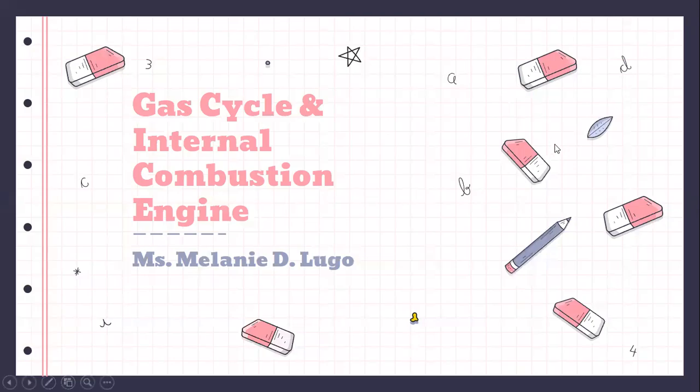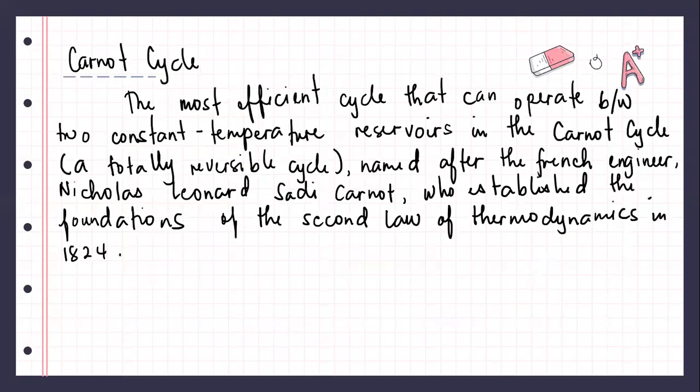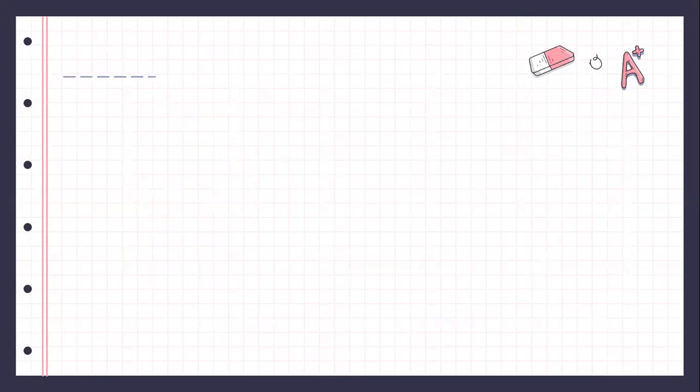Now for the gas cycle internal combustion engine, for the Carnot cycle, the most efficient cycle that can operate between two constant temperature reservoirs. In the Carnot cycle, a totally reversible cycle, named after the French engineer Nicolas Leonard Sadi Carnot, who established the foundation of the second law of thermodynamics in 1824. Now, under the Carnot cycle, okay,